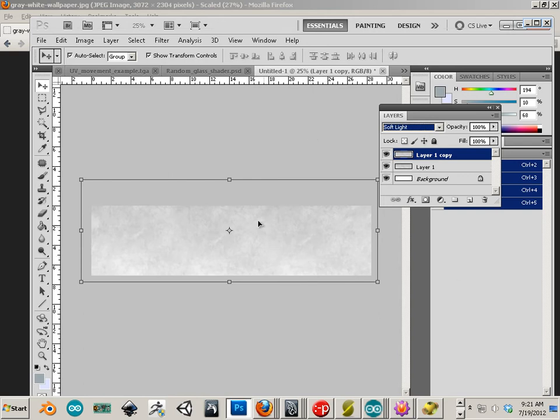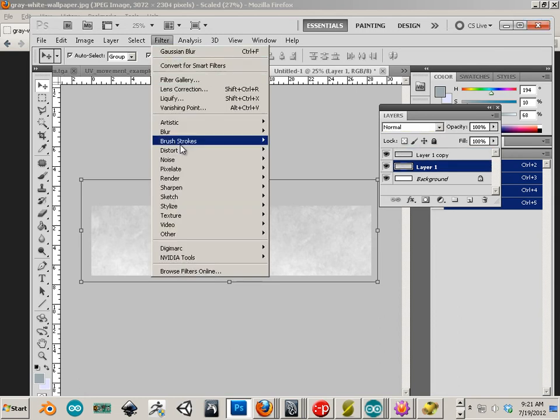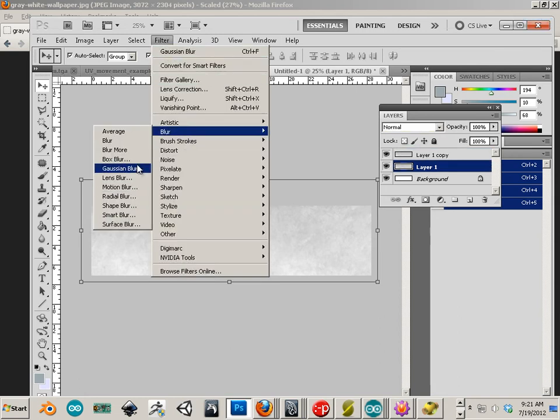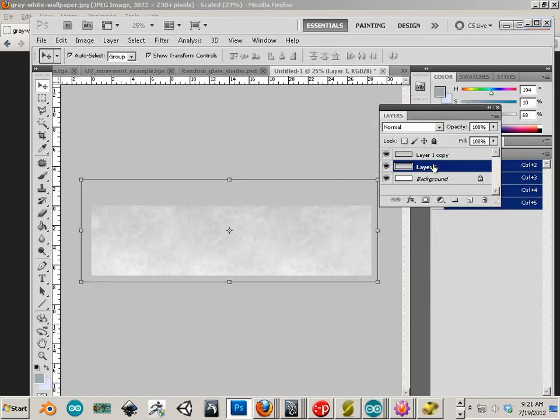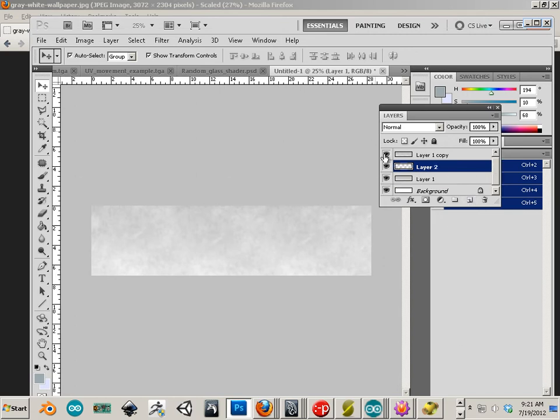The other one looks a little bit contrasty too. I don't want that much contrast, so I'm just going to blur that a little bit too. Not quite as much as the first one though. Okay, so there we go. We got a couple blurs. I do like a little bit of noise in my glass, so